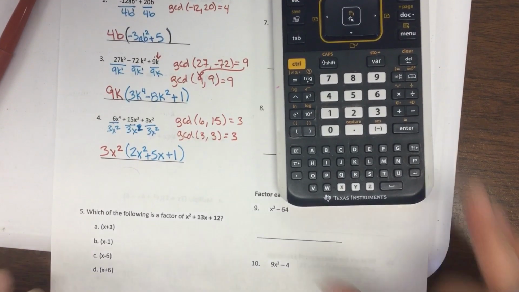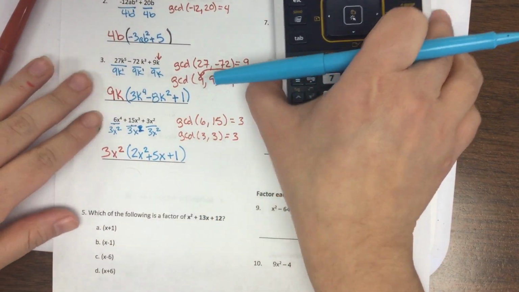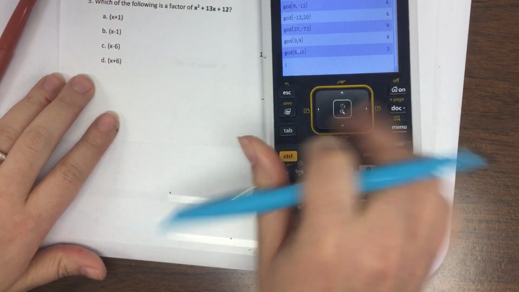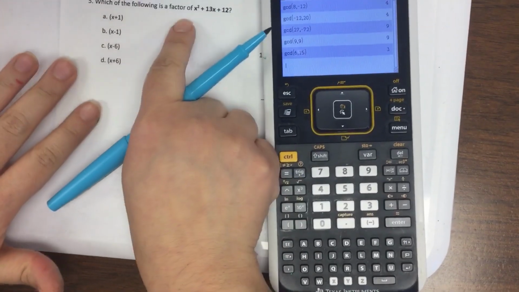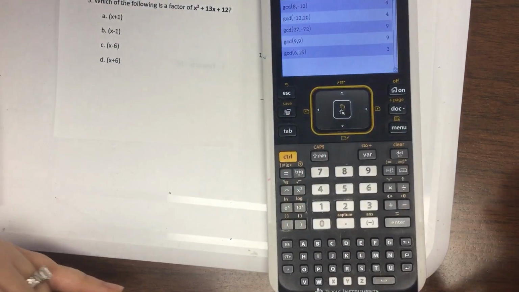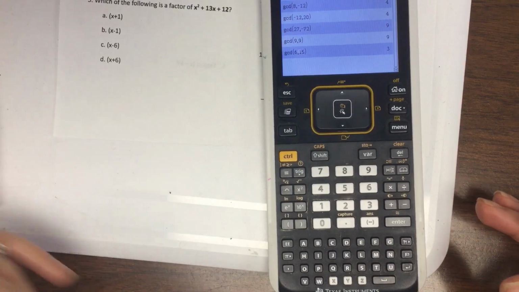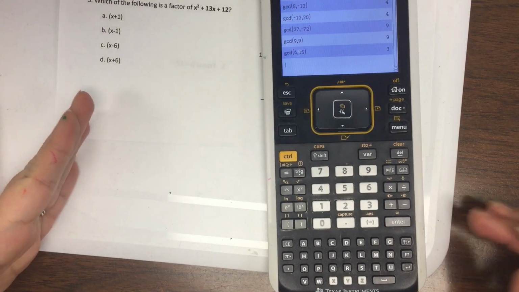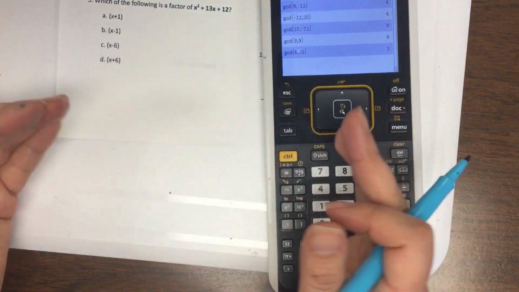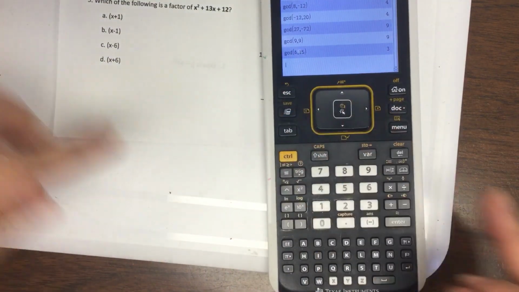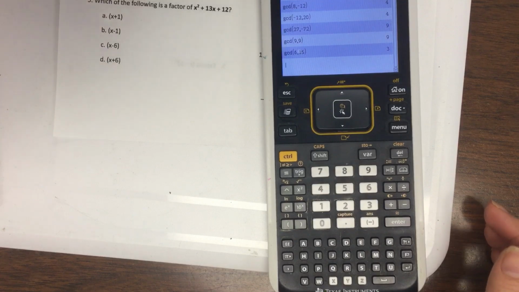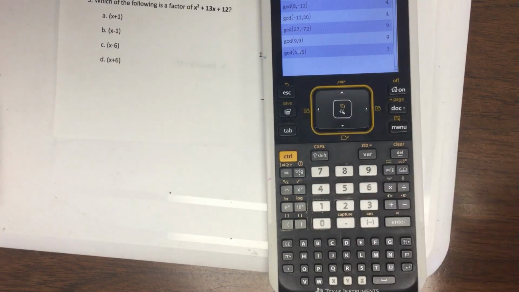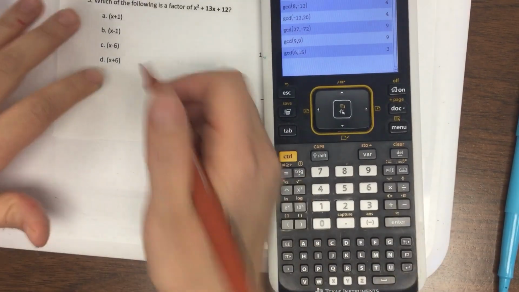All right. Now we're moving on to number 5. So number 5, you're going to have about 3 or 4 of these on your test, and it's saying which of the following is a factor of x squared plus 13x plus 12. So with this one, when we factor this into our 2 binomials, we have those 2 answers. But this one is saying, I just want to know which is one of them. So we're going to still do it the same way. So when we use our x method,